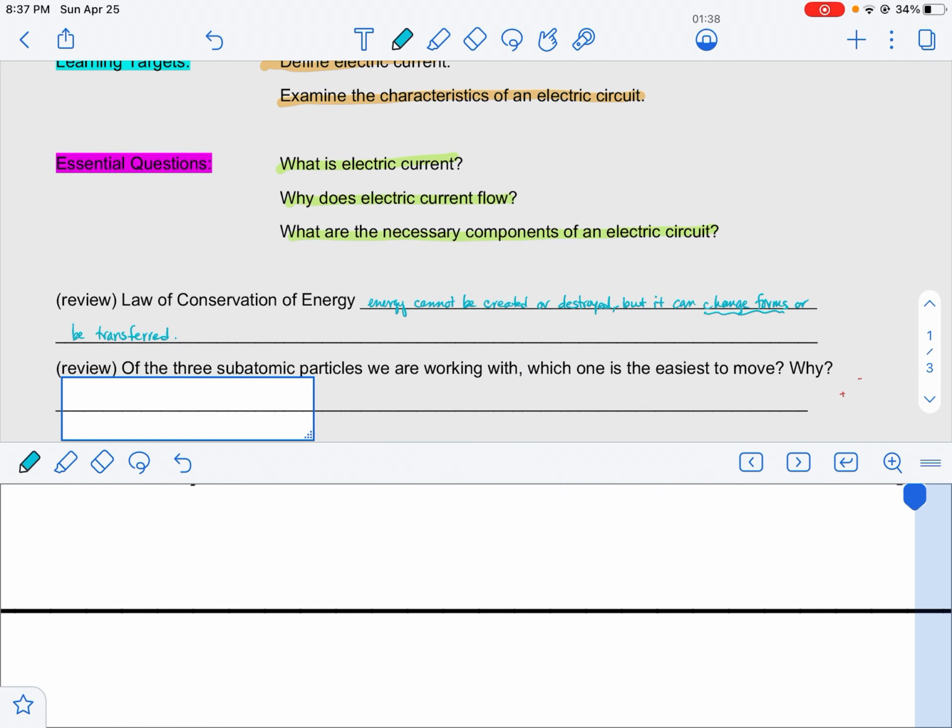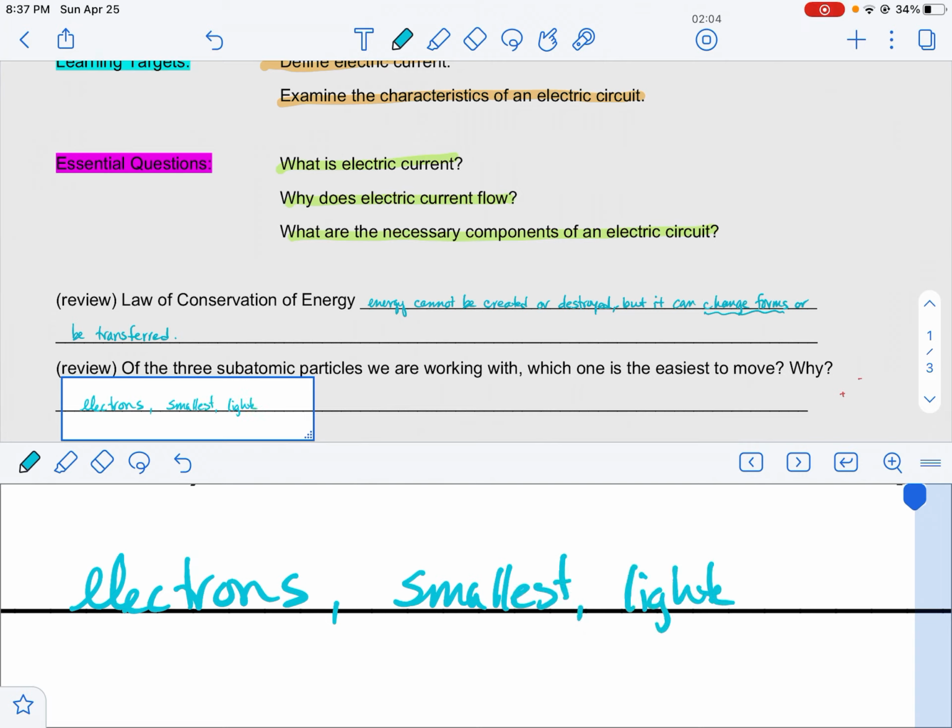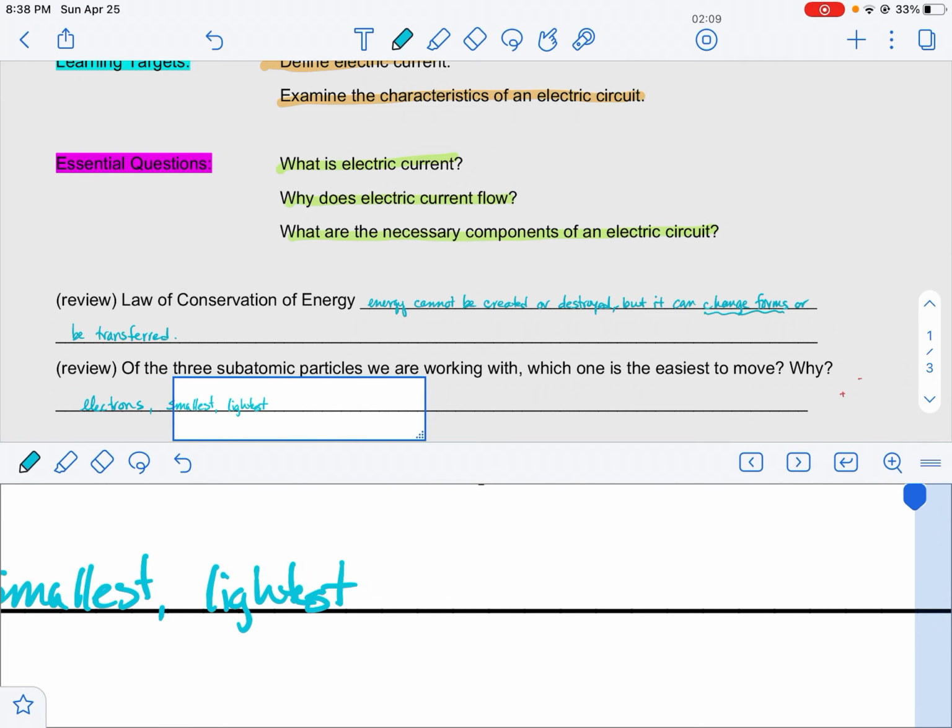Of the three subatomic particles we are working with, so those would be protons, neutrons, and electrons, which is the easiest to move and why? Have you got an idea? Good. So electrons are the easiest to move. Why? Well, for a couple of reasons. One, they're the smallest. They're also the lightest. L-I-G-H-T-E-S-T, sorry. And they're on the outside